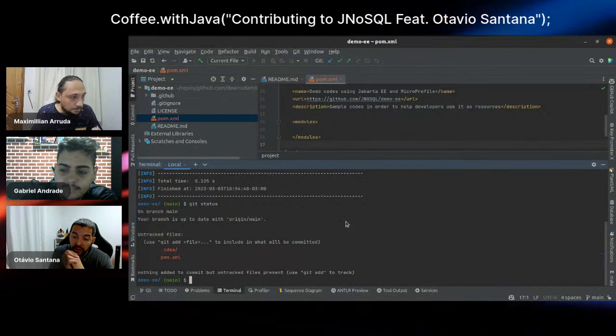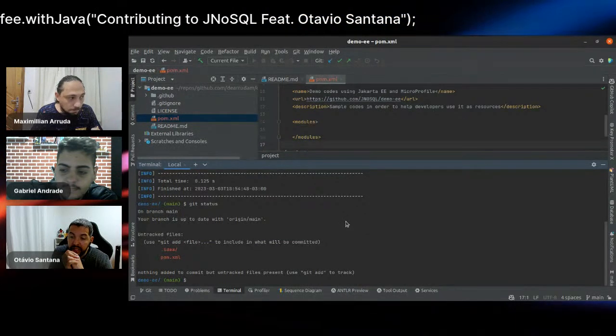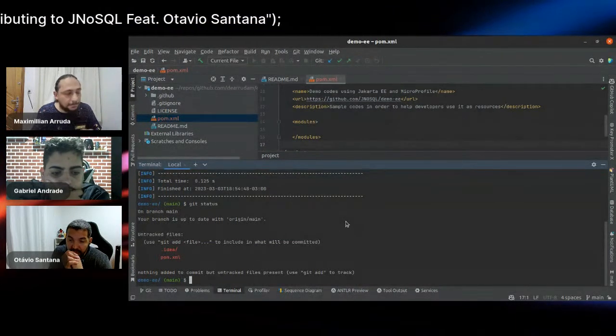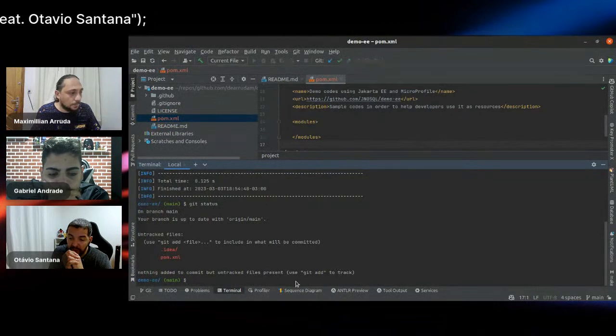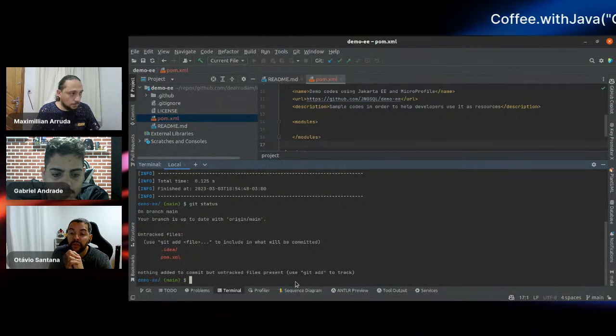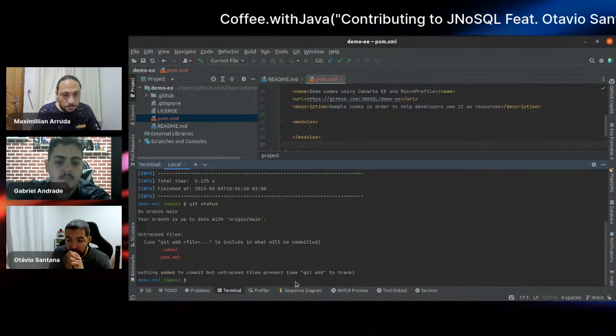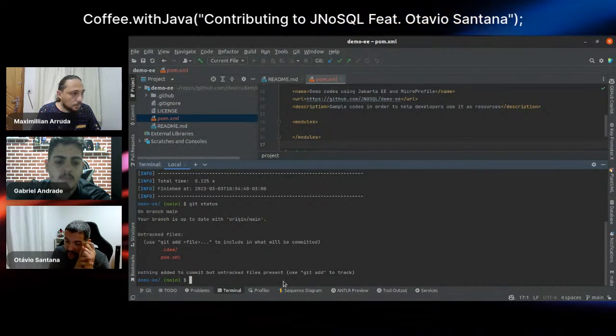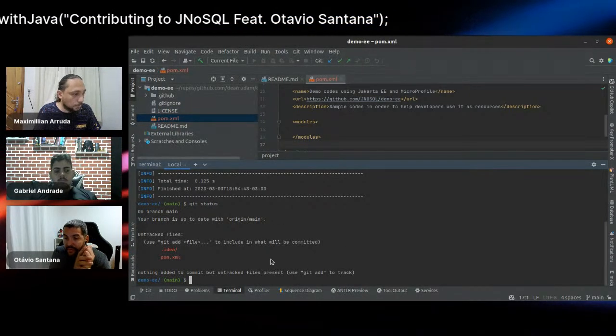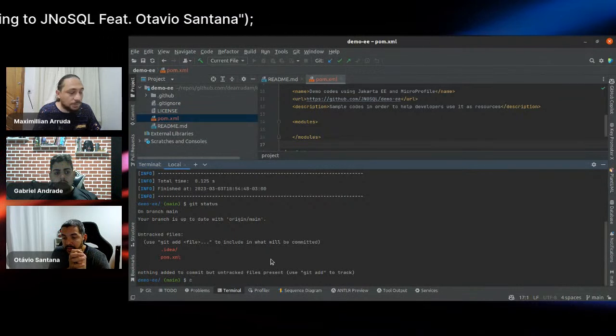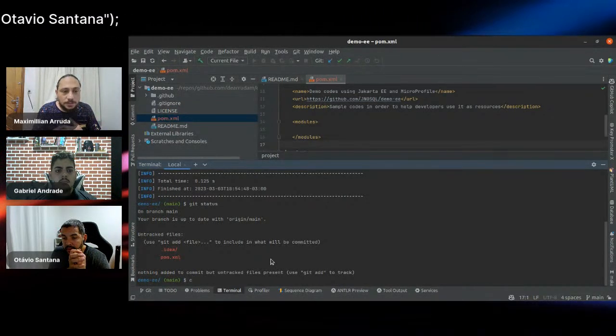But what you can do also is to use the .gitignore to ignore this file, because it doesn't make sense to include this .idea folder. So you can go to .gitignore and put the exact name there, so it will ignore this folder. I will create it manually. Okay, but looks like there is a good one.